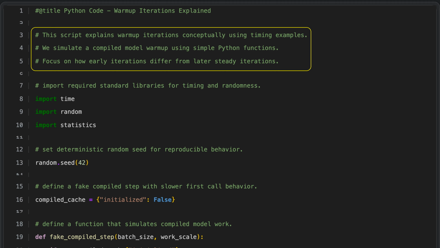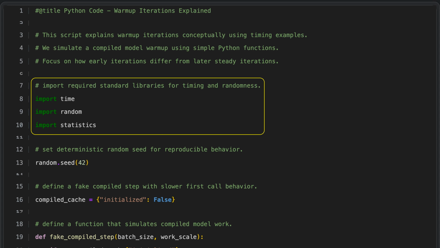when measuring performance. We begin by importing 3 standard Python libraries to support our performance analysis. The time library lets us measure how long different operations take, which is essential for evaluating code speed. The random library generates random numbers so we can simulate variability in computational tasks. The statistics library then helps us compute measures like averages, allowing us to summarize and interpret the timing data we